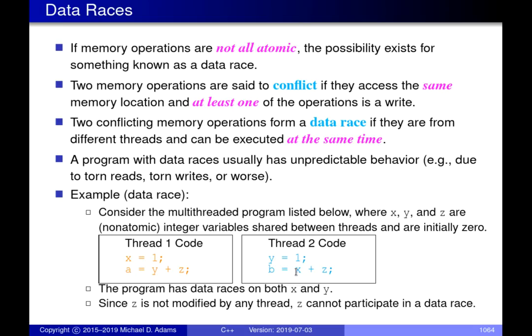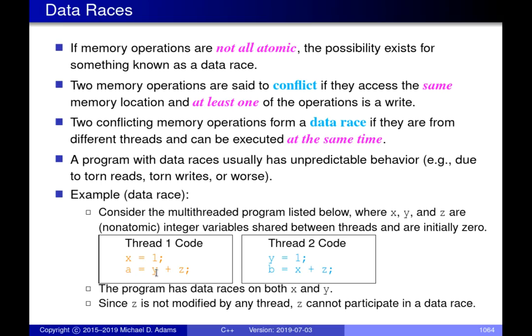A similar thing can also happen for the y variable, because we could have the execution follow this pattern. Initially, thread 1 starts up, executes the first line, then proceeds to the second line, about to read y. Then thread 2 starts up and writes to y. So thread 2 is writing to y at the same time that thread 1 is trying to read y. Again, we have a conflicting access because they're both accessing the same location, the location that holds the value of y. At least one of them is writing, and they're happening at the same time. So this is a data race.